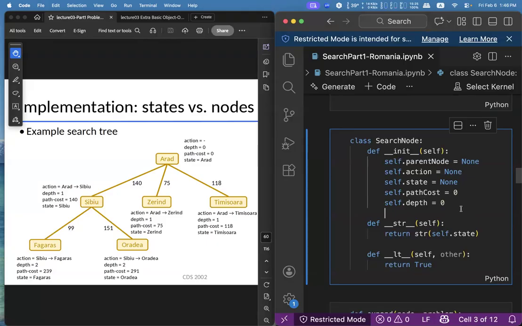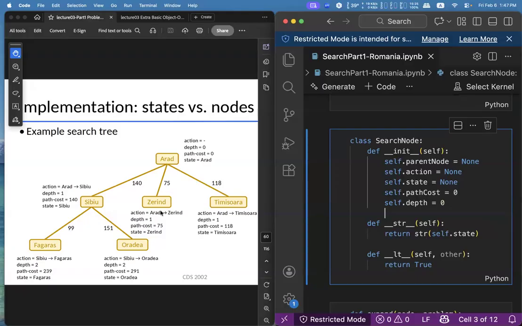We have another dedicated data structure to store the nodes at the terminal side that haven't been explored. As a result, we don't need to explicitly store the child in the search node. As you can see here, for the parent node, we assign none as the initial value, so we expect to put an object reference there. The object reference will point to the parent node of the search node we have, and the action is also an object. It depends on the problem you are trying to solve in the first place, but most likely it's just a string.